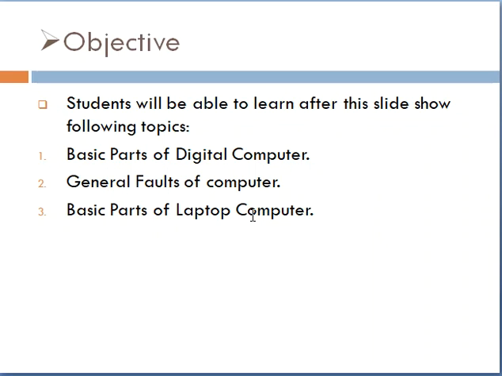Software errors are more complicated to find out because we cannot touch them, we can only see what is happening on the monitor. But hardware problems we can understand, we can touch, remove, clean, and wash. So these are the computer errors. Basically there are two categories: software and hardware errors.